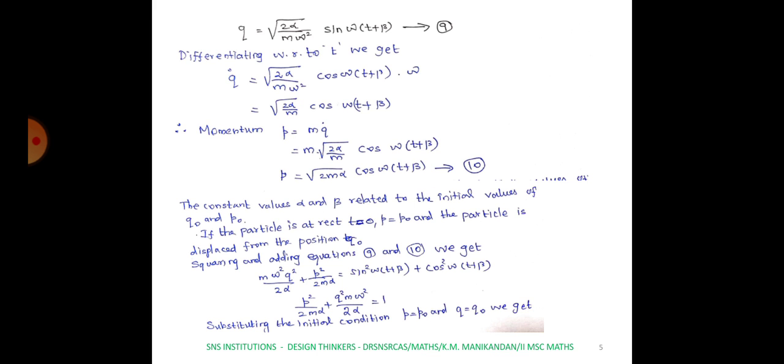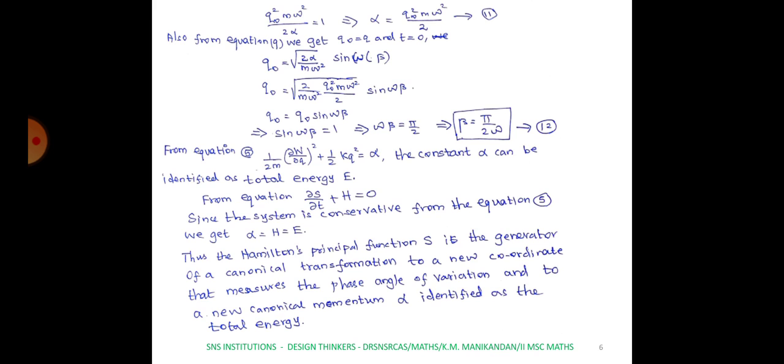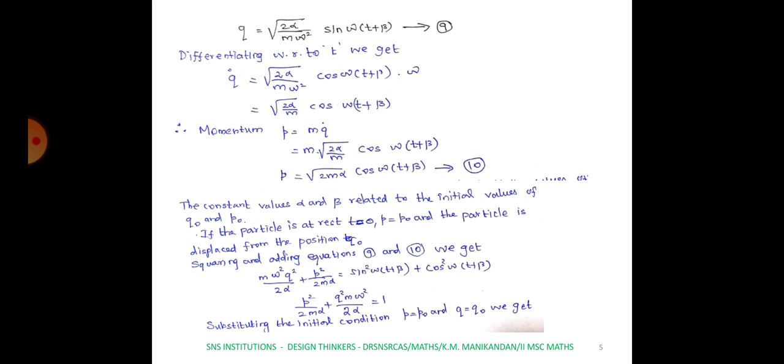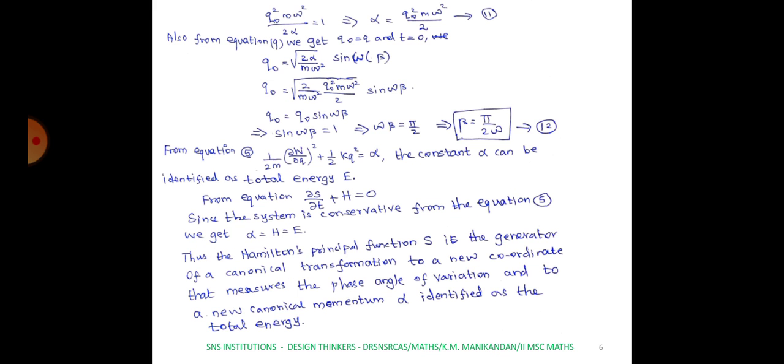We will get q naught square m omega square by 2 alpha will be equivalent to 1. Now from this we can find the value of alpha, and it is equal to q naught square m omega square by 2. Now from the equation 9 we will get q naught equal to q and t equal to 0. Substituting we will get